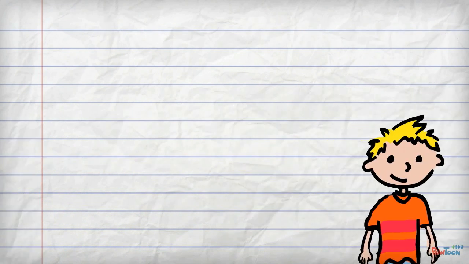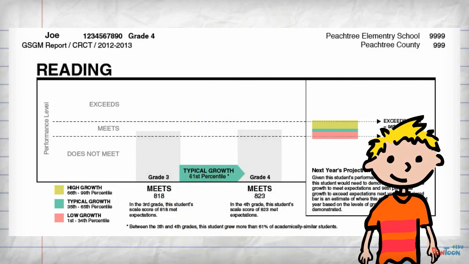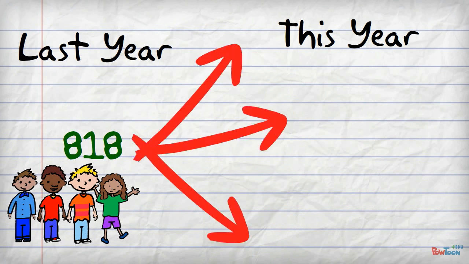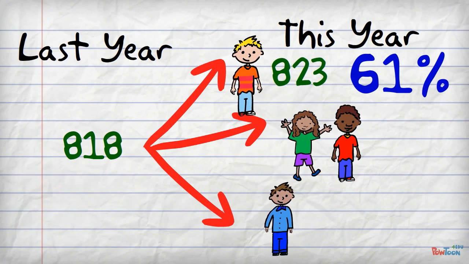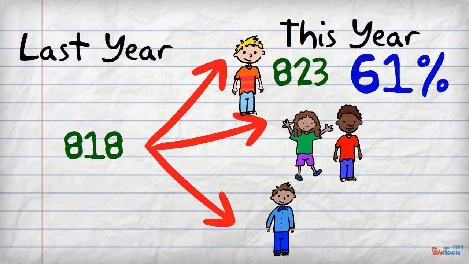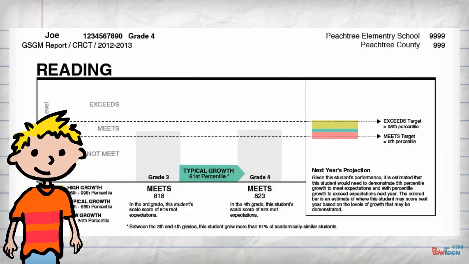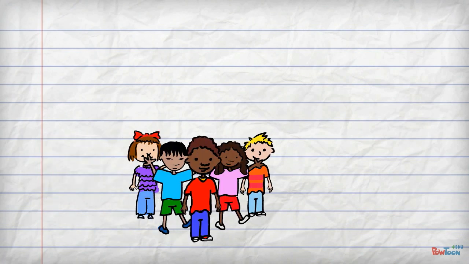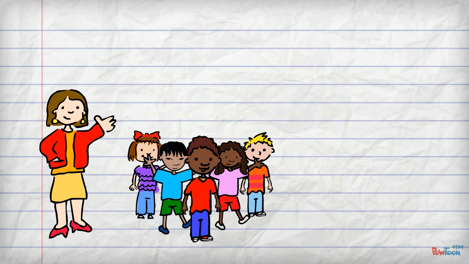Joe found his SGP in reading this year from his ISR. His ISR showed he exhibits typical growth and is in the 61st percentile, which means he grew more than 61% of his academically similar peers. His ISR also has calculated targets and projections to act as goals for him to meet or exceed for this upcoming school year. SGP doesn't only help students track their growth, it helps teachers track how much they are growing